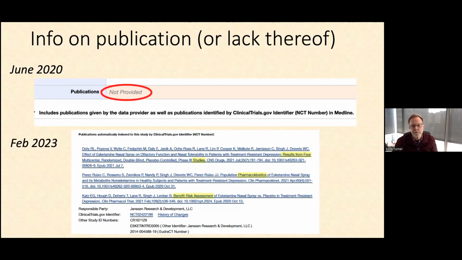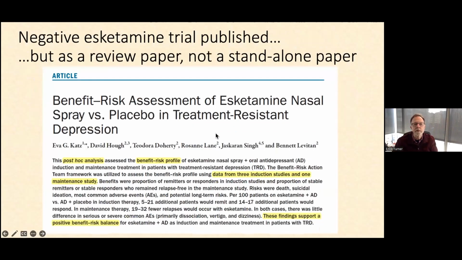When a study is positive, then it gets published. Tell the world we have a positive study, or a whole article devoted to that. But if it's negative, well, this is what happens a lot. You wind up with a review article that includes the study in question. So they talk about data from three induction studies and 1 maintenance study. Anyway, it's buried in there, and so it doesn't make the same impression upon the reader that, oh, there was a negative study there. It's sort of wrapped or bundled in this package, makes it smell better.